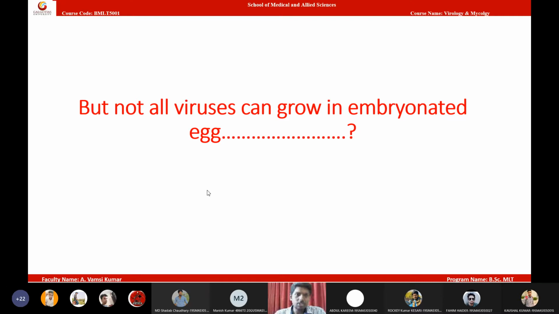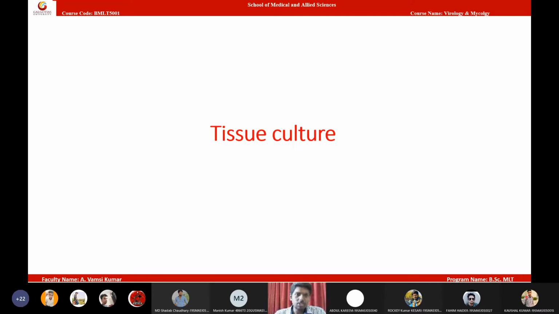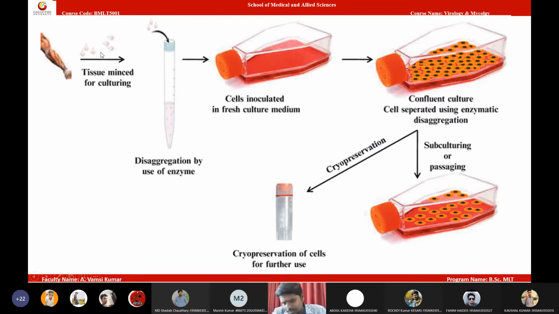Now let us see what these tissue cultures are and what the types of tissue cultures are. We have three types of tissue cultures. The basic idea of tissue culture is, first we take the tissue from the body, then we remove the matrix proteins of the tissue. These cells were stitched to collagen fibers, and we need to remove these collagen fibers by enzymatic digestion. By suspending the tissue in a pepsin solution, we can digest the collagen. Upon digesting the collagen, we get pure cells.